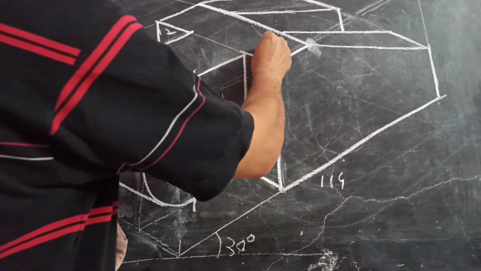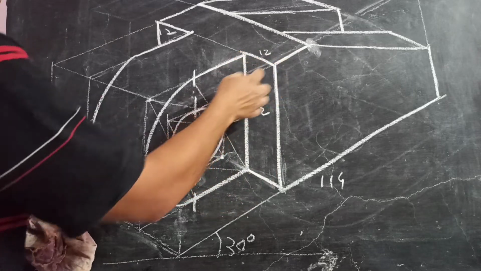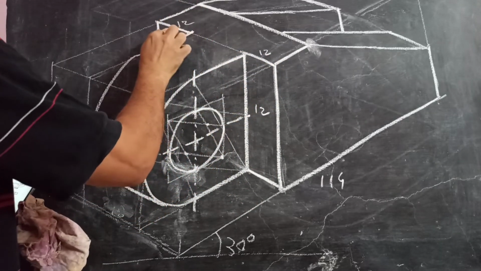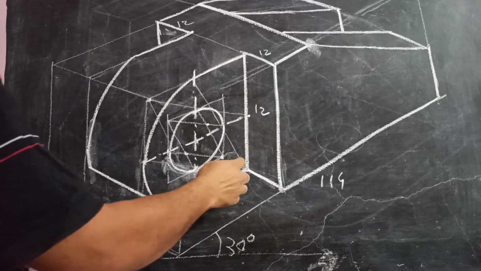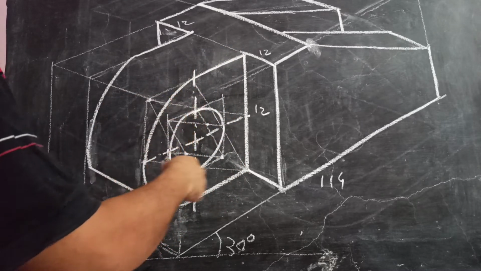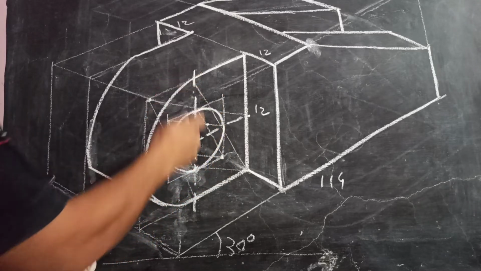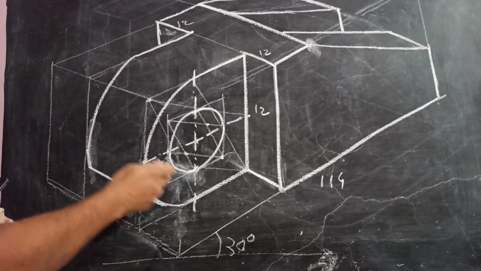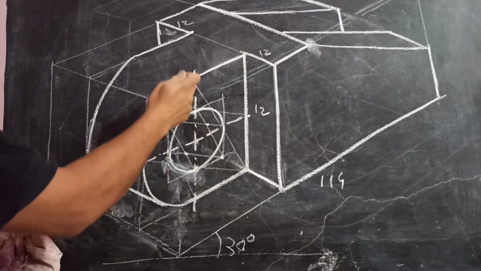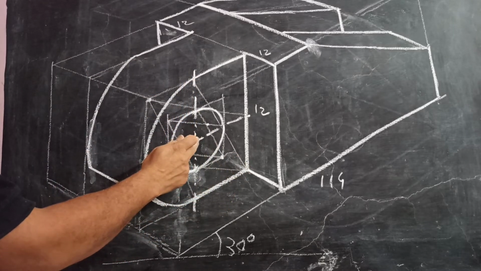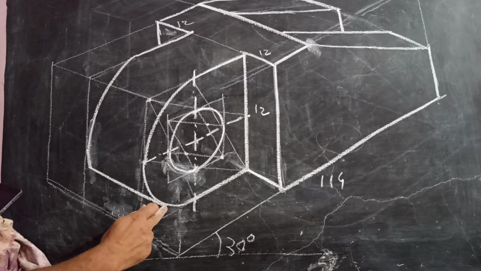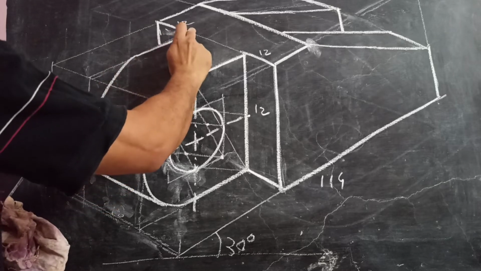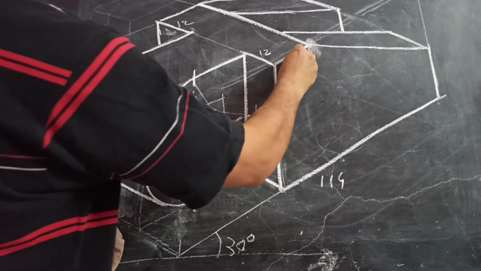See, mind you, this is 12, which is inside of this box. This is also 12. Then you can draw this rhombus here. Can inscribe this semicircle. Also you can inscribe a circle inside, finding out these two center lines. You can transfer this center used for drawing this by 24, and you can draw this one, draw a line parallel to this, touching this semicircle, and you can complete this. This is 15, this is 24.